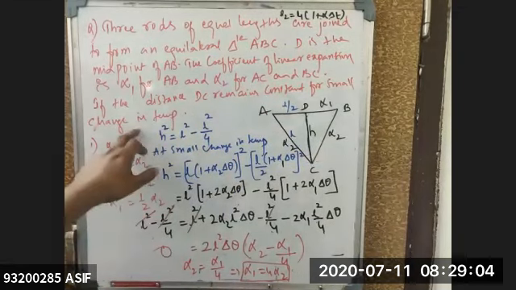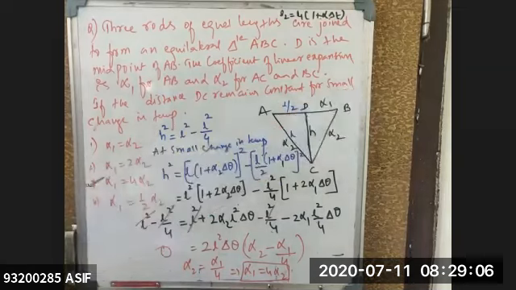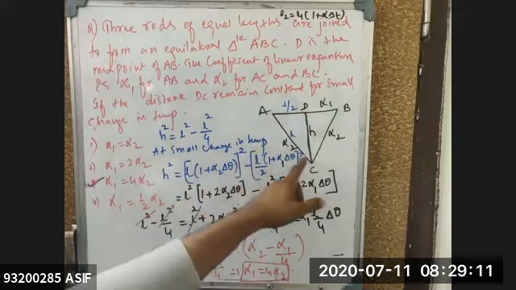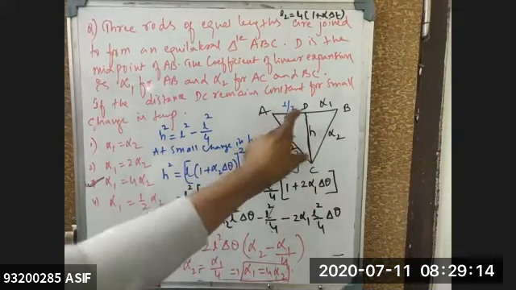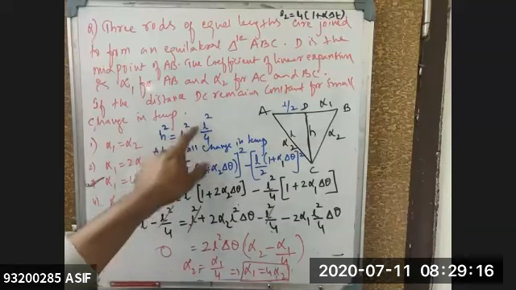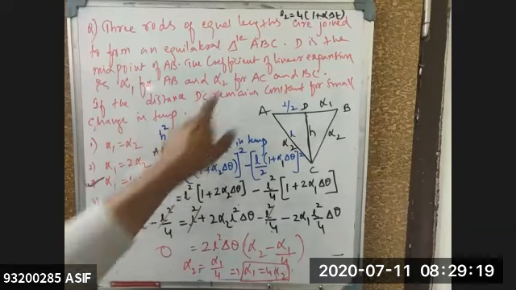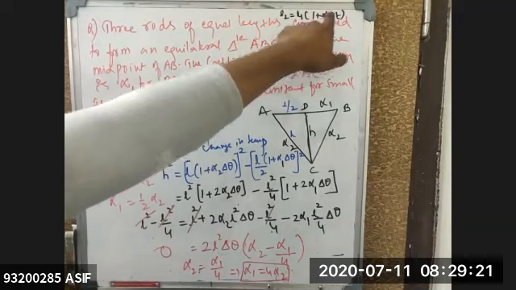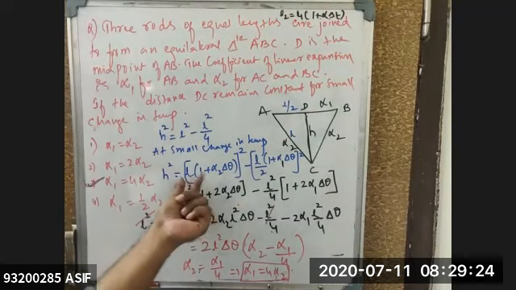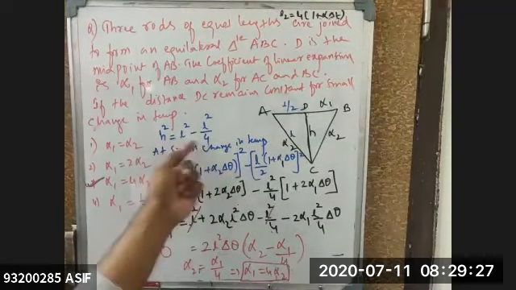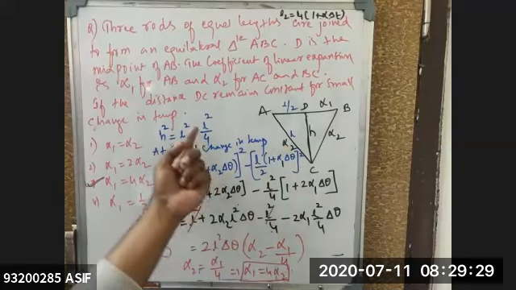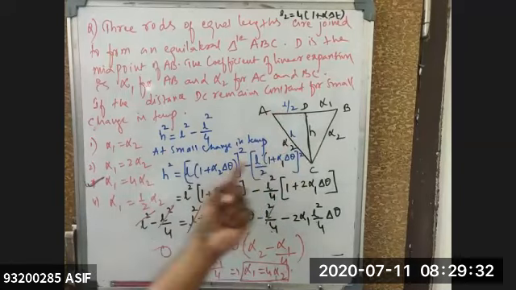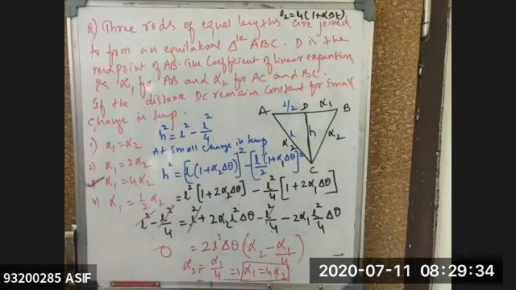The term we need to remember is very small change in temperature. The moment we use the word very small, we need to keep in mind that we are using the binomial expansion concept. So I'm simplifying this relation, because H is constant. H square is equal to L square minus L by 4. H is constant, so L2 is equal to L1 into 1 plus alpha delta t. So I have written L into 1 plus alpha 2 delta t, because for this one alpha is given as alpha 2 and L is given as alpha 1. So I'm simplifying it and we'll get the answer. Clear for everyone? Let us go for the next question.